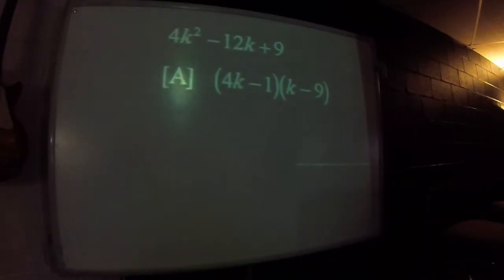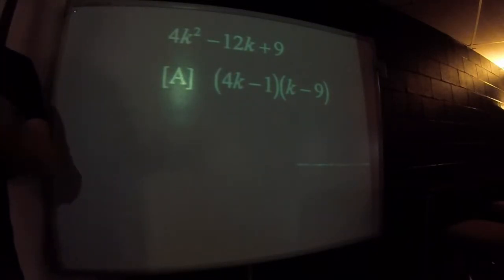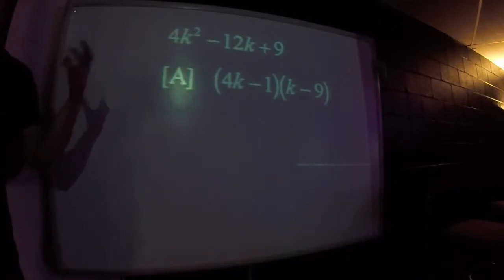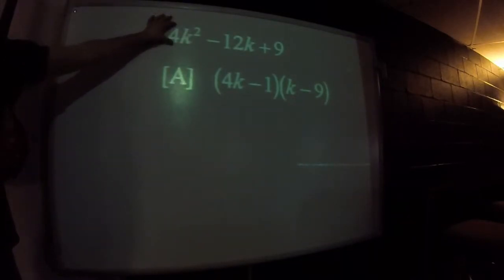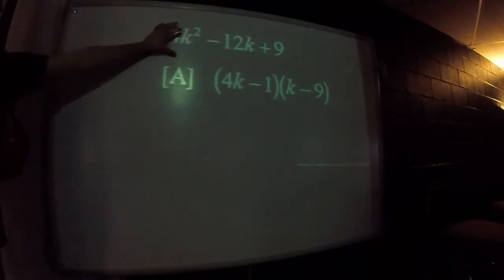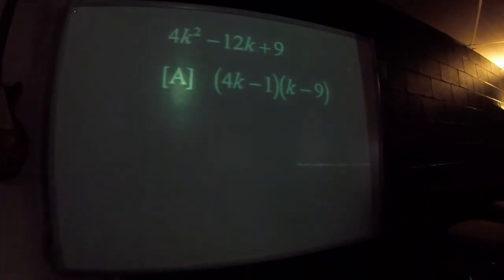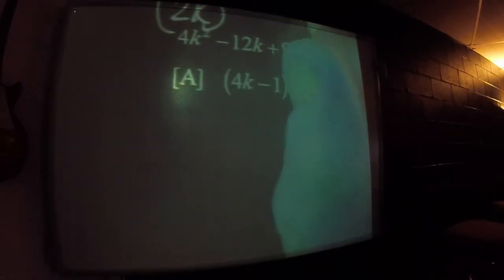And lastly, tell me what kind of sucks about this problem. It has a what? Coefficient. It has a coefficient right here, and coefficients right here make factoring a nightmare sometimes. But is 4 a perfect square? Is 4 a square number? What is it really? 2. So you can think of this as 2k. And then 9 is,